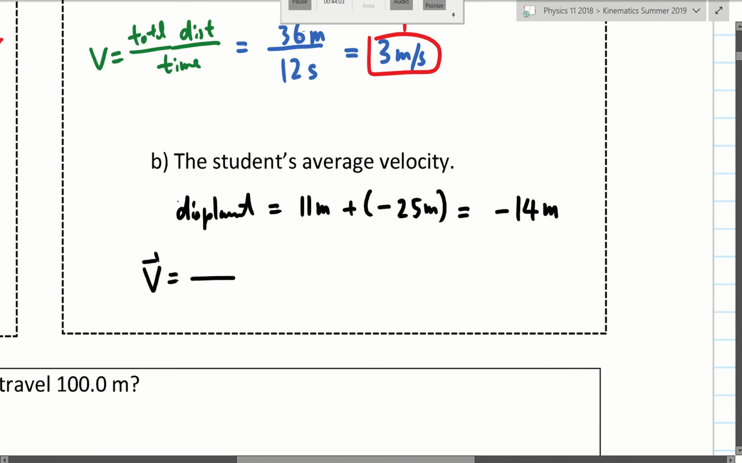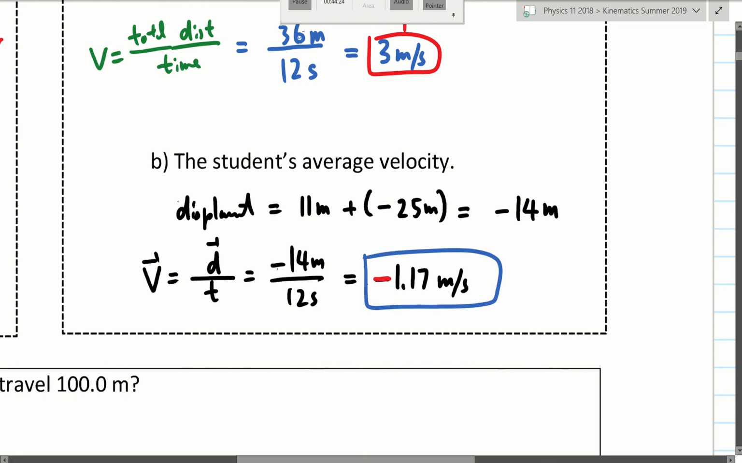If you have your velocity equation, which is displacement over time instead of distance over time, displacement over time. So therefore, it's negative 14 meters over the time of 12 seconds. Now, the negative will actually survive. So 1.17 meter per second, negative 1.17 meter per second. So you can leave your answer like that